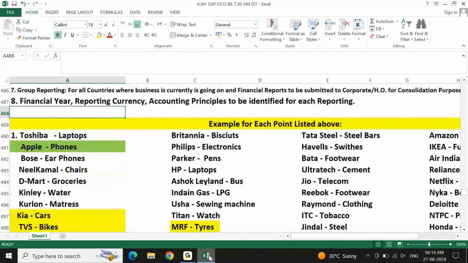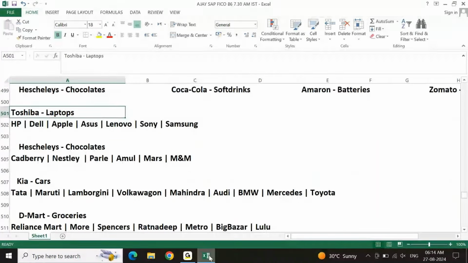In the previous sessions, we were writing so many company names as an example. Here we have listed so many company names. I told everybody to write similar company names as your understanding, or refer to these company names just to get a feel. If I look at Toshiba laptop, what are all the alternative companies who are providing a laptop?